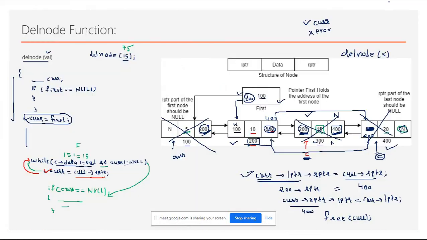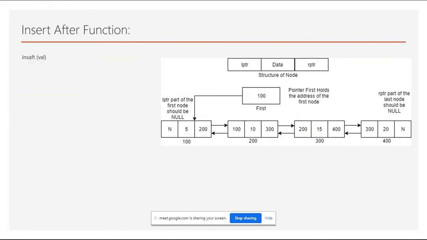Okay, fine. So after del node functionality, we just have to discuss another functionality that is called insert after, right? Here you just have to create the new node first. First of all, you have to check your first pointer.